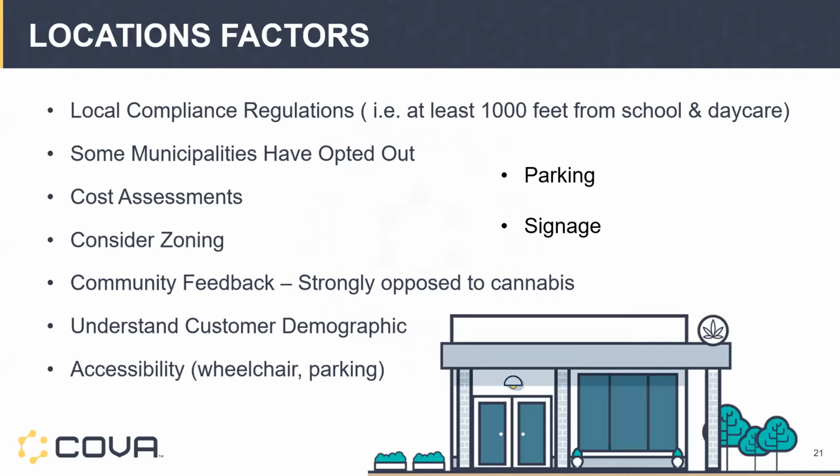Also find out, is your municipality even going to opt into having retail cannabis? Places like Michigan, city by city, you can opt in or opt out. And the worst thing is to secure some real estate and find that you can't even open a retail store in that city. And you can see all that other stuff depending on where you're at.